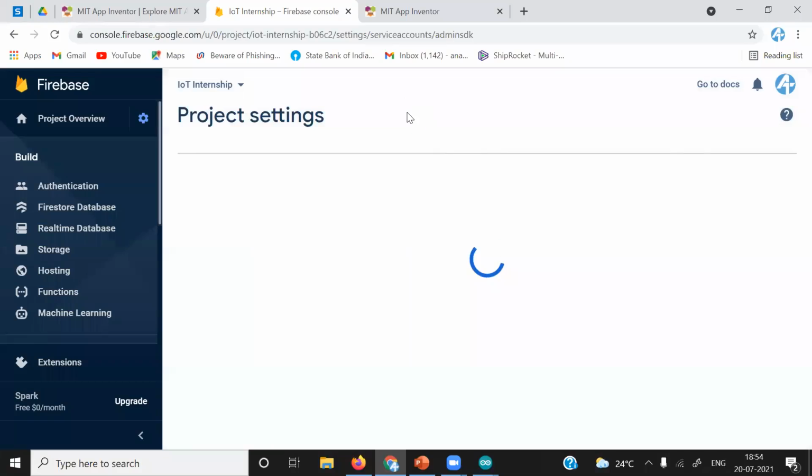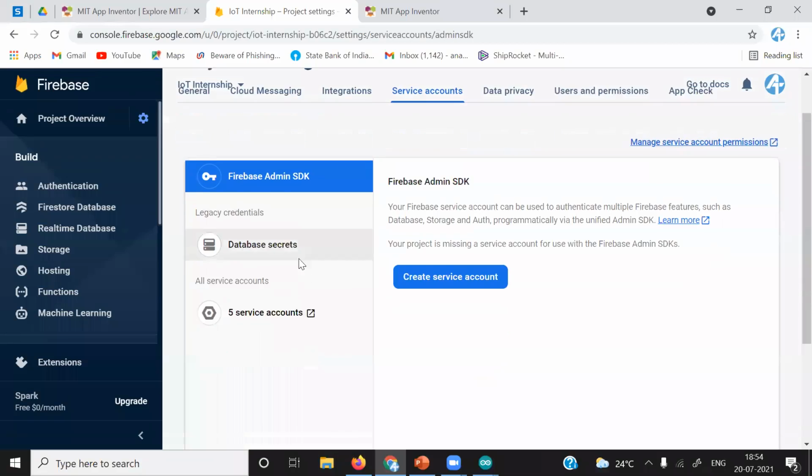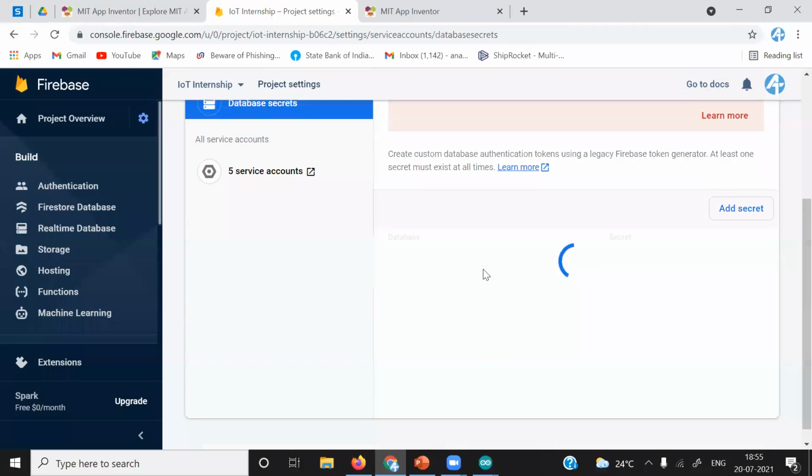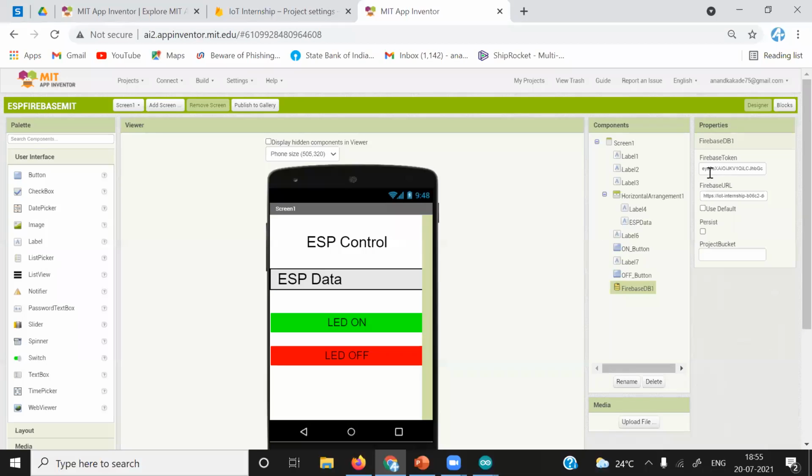Please watch it carefully. Database secrets, you can see that. Our secret starts with HA4KI. You can see here EYJ0. It is some random string. I already removed and refreshed, so it put some random string here.